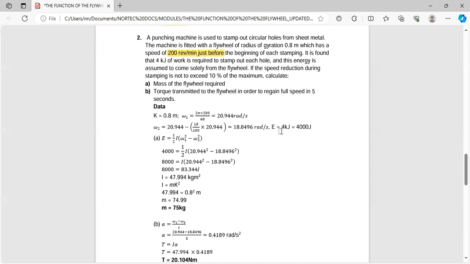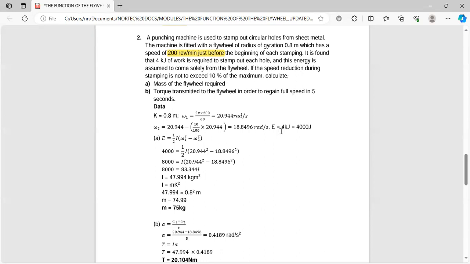Then it is found that 4 kilojoules of work is required to stamp out each hole. And this energy is assumed to come solely from the flywheel. If the speed reduction during the stamping is not to exceed 10% of the maximum, calculate